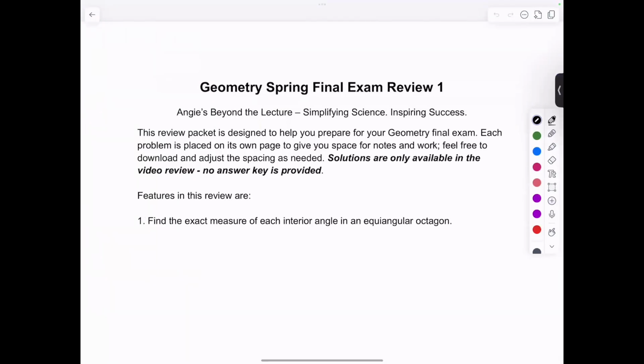One, we have to find the exact measure of each interior angle in an equal angular octagon. Now there's actually a special formula for this. We just need to look those up real quick. And I'll put it out here. We have